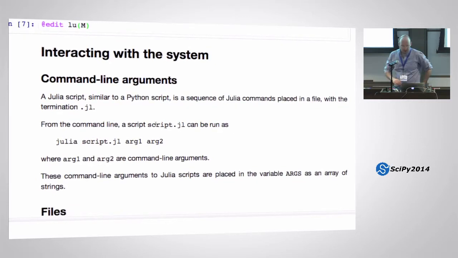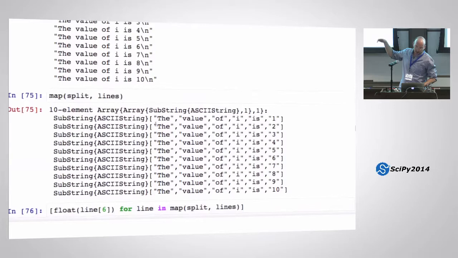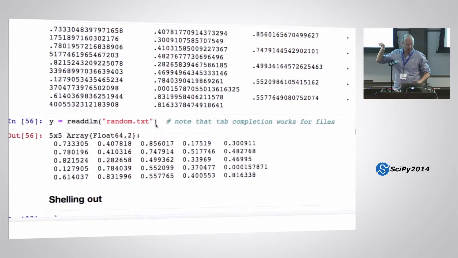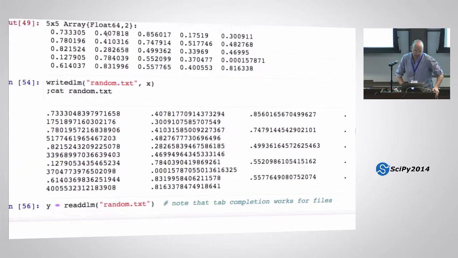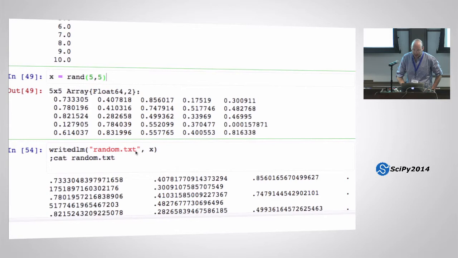Okay, questions? So you can interact with the system, so you can do command line arguments and files and stuff. I kind of want to skip that because it's not very exciting, but you can read it later, if that's okay. Just like in NumPy, there's write DLM, that means delimited. So you've got some array, and you just write it to a file with this function write